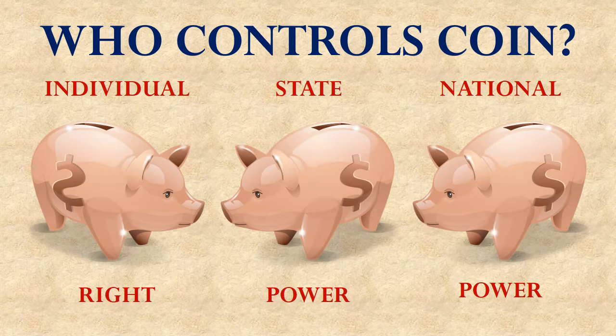So, in the United States of America, if we're going to look at how our government's actually set up for this evaluation of rights that we're doing in this unit, another term for it is civil liberties, we have to consider that power over things could reside in one of three different places. It can reside with the national government, in which case the states and the individual don't control it, or it can reside in the states, in which case the national government doesn't control it, neither do individuals, or it can reside in the individual. Then the individual controls this thing, and neither the national government nor the states control it.